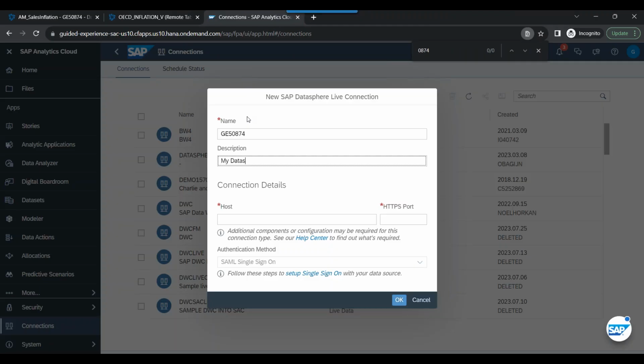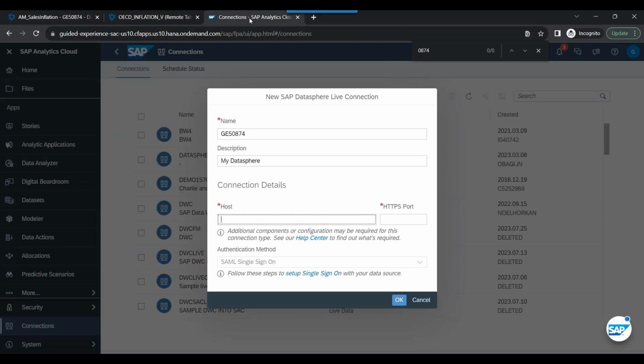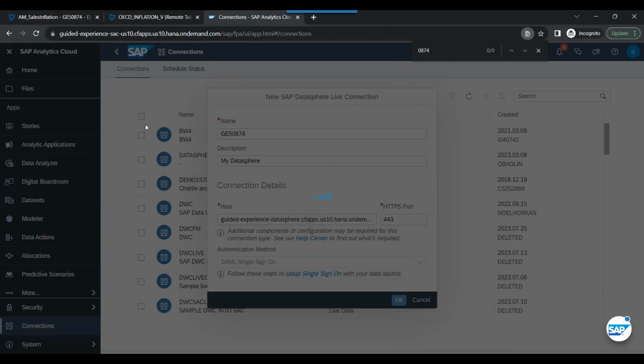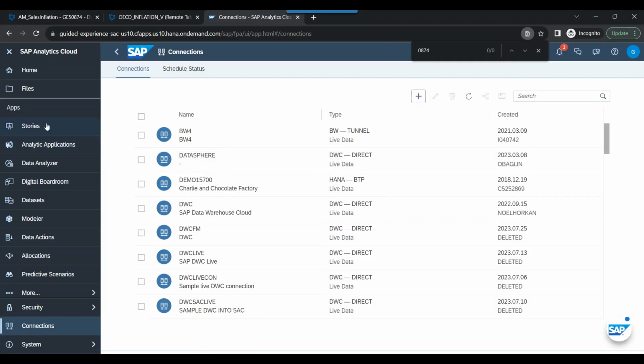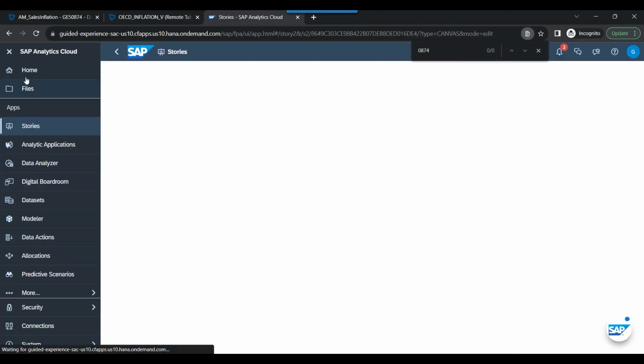My DataSphere host name is this one over here, 443. Okay, it will create a connection. Done. Let's go back to the story, create a canvas page, click OK,